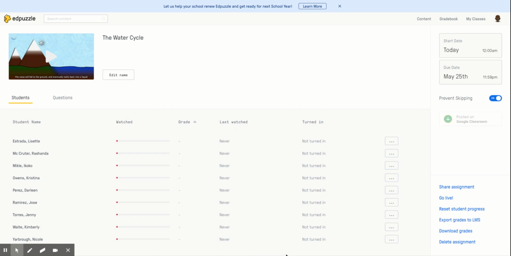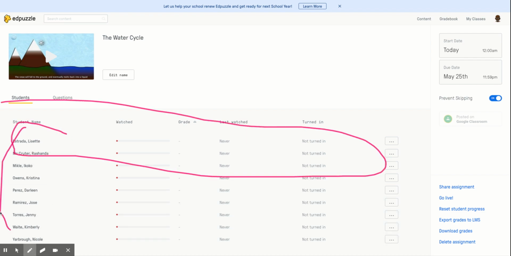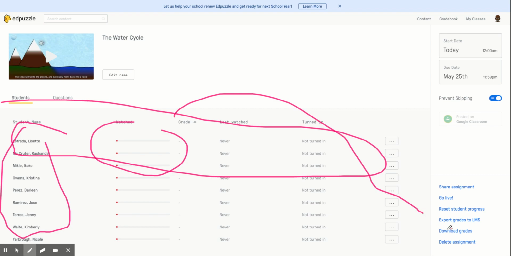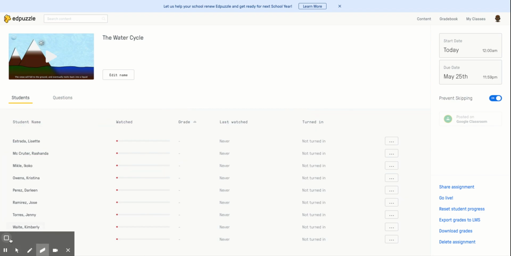And there it is. Excuse me. And there it is. It shows now your student progress. You can hone in students by name. You can see how much of the video they've watched once they've started to engage. And the really good part is once all of this is done, see this portion where it says export to LMS? You can send your grades back out through to Google Classroom